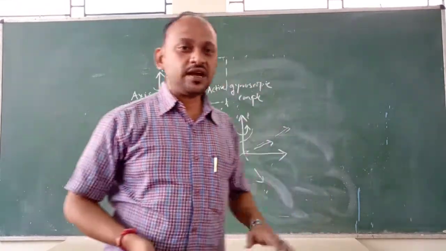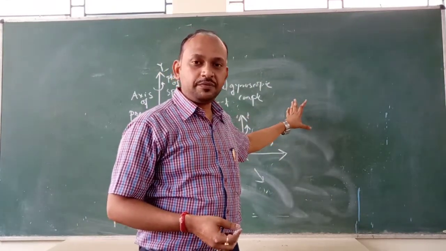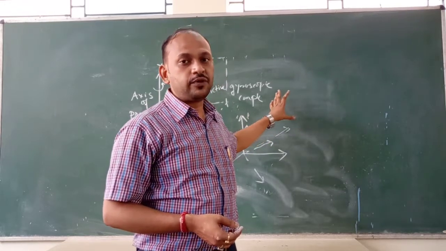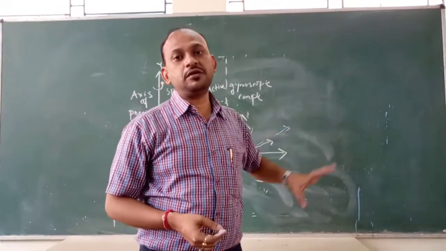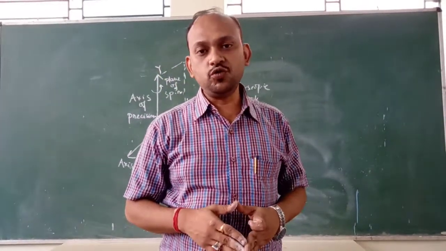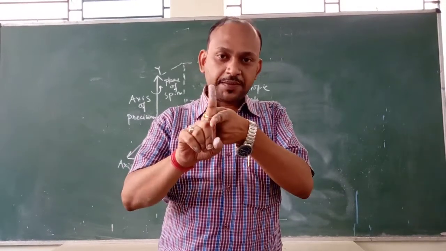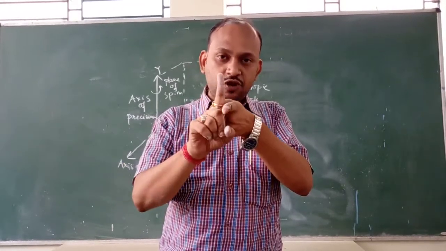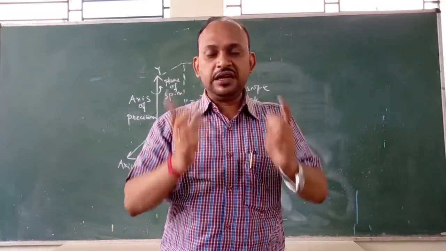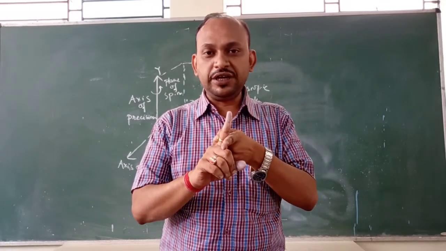So in the next class, we will discuss the different types of movement that are made by vehicles. We will take for example an aeroplane, we will take for example a ship, and we will also find out the stability criteria for a four-wheel vehicle as well as for a two-wheel vehicle. But always remember, for gyroscopic action to take place, the axis of spin should always be perpendicular to the axis of precession. If both of them are parallel, no action will take place. They should always be perpendicular to each other.